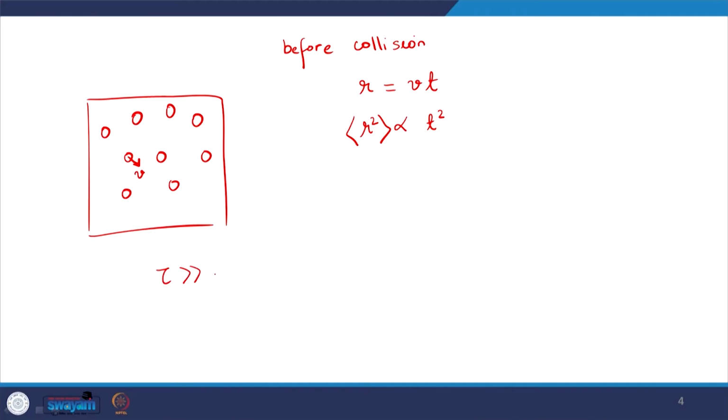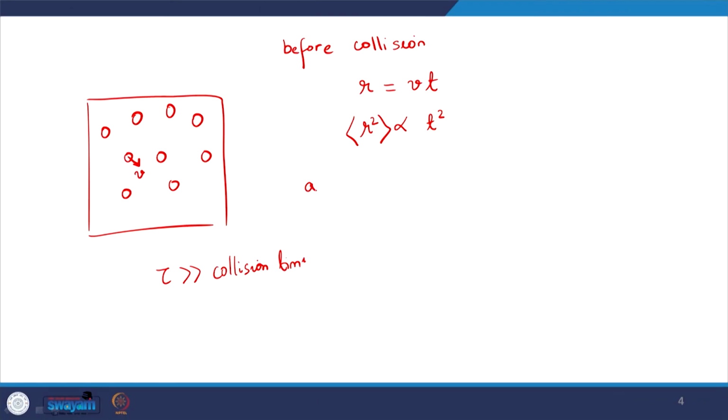If I think of times tau much more than, or even significantly more than, the collision time, then in that tau period the molecule would have experienced many collisions, and by virtue of which the velocity would have changed many times because of momentum transfers, and this would have changed both its magnitude and its direction. So, whatever we have said is actually true when we look in the limit of many collisions, and only then we have r square proportional to t.